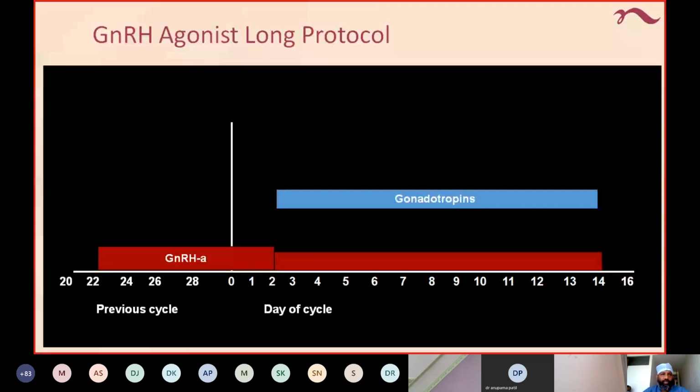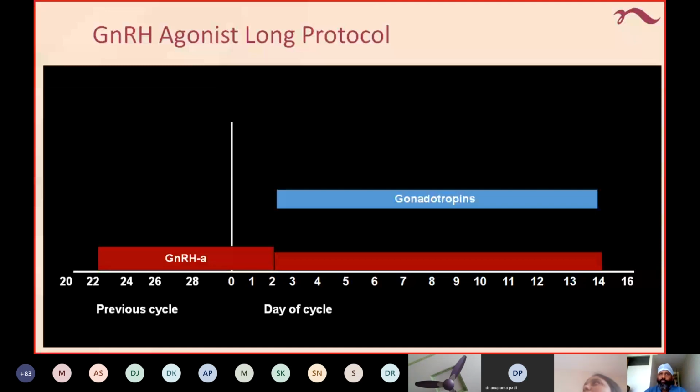GnRH antagonist. In antagonist, there are two types: the multiple dose fixed protocol and the flexible protocol. In the fixed protocol, no matter what happens and what the follicular size is, around day 6 you start with the GnRH antagonist. You start the gonadotropin injections on the second day, and every day you give gonadotropin injections. Around day 6, you give the antagonist injection till the follicle becomes 18 millimeter, and then use HCG trigger and then do the egg pickup and embryo transfer. This is a fixed protocol. There is no change, so there is no need to change.